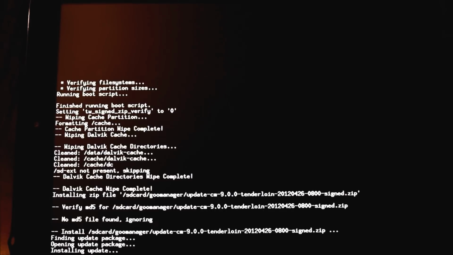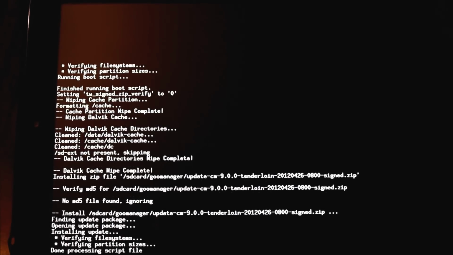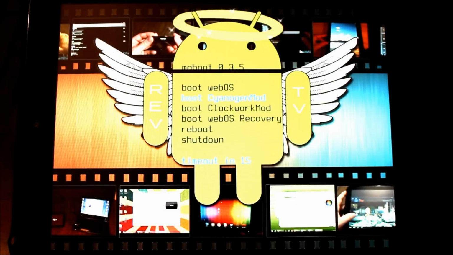Also, as a little side note, you want to make sure that you have an adequate battery charge before you attempt to do any of this type of stuff. I have unfortunately heard horror stories of people who have attempted to flash their devices with, oh, I don't know, less than 50%, and it's very unfortunate that you have the potential of bricking your device, just like if you flash the wrong type of ROM, you have the possibility of getting stuck. Again, just make sure you got a decent charge. I usually go to 100%. The least amount of battery that I have had has been 72%